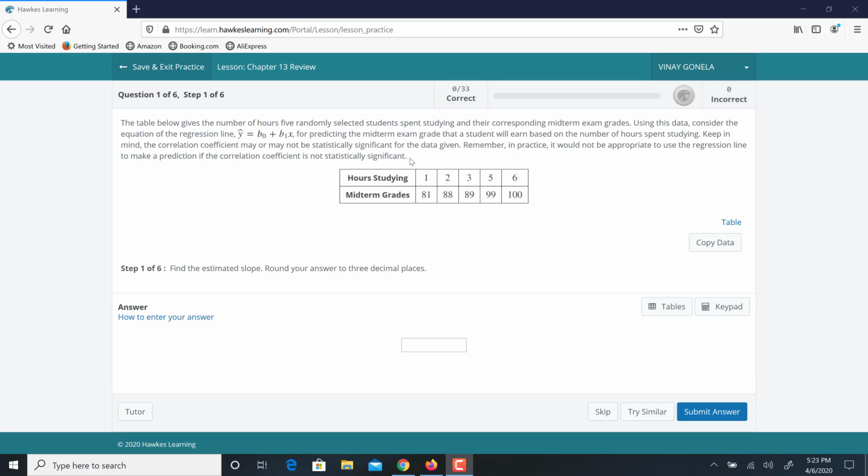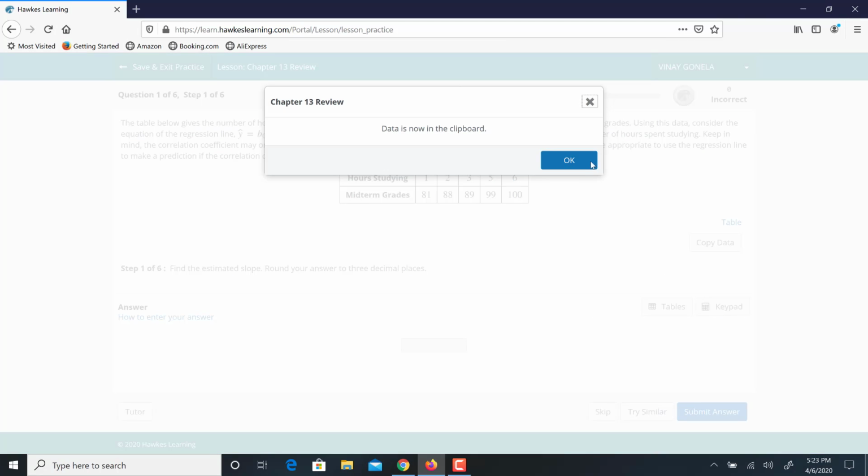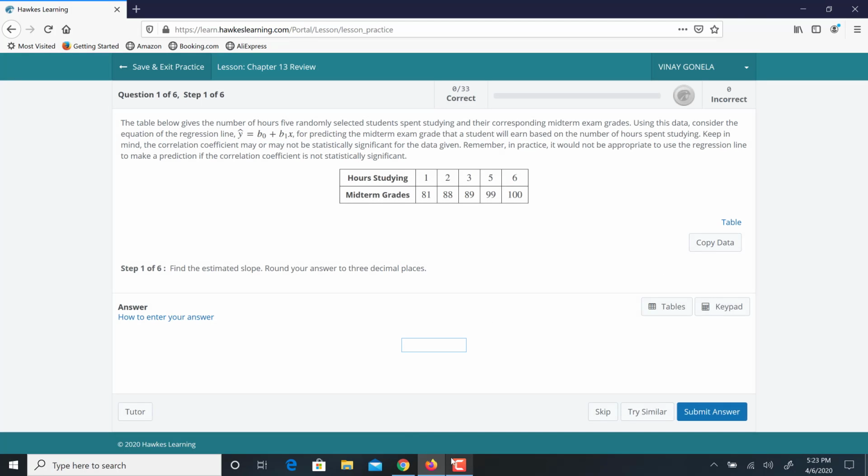statistically significant. So the first thing is they gave us this data, hours of studying and midterm, and they're asking us to find the slope. So I will copy this data and then